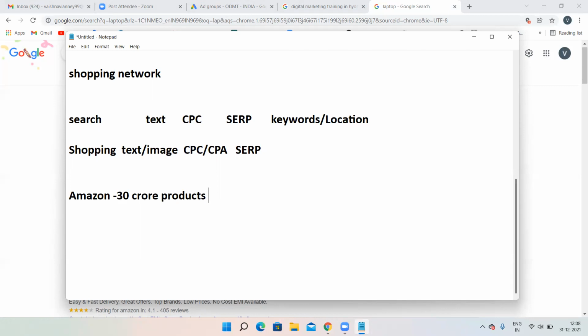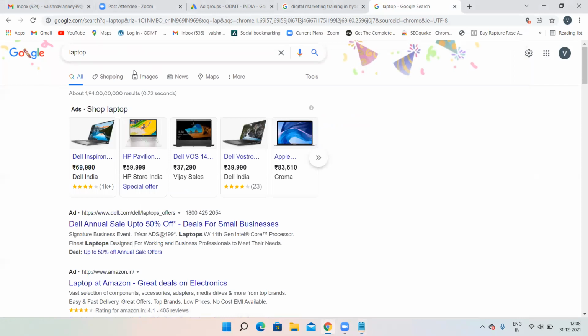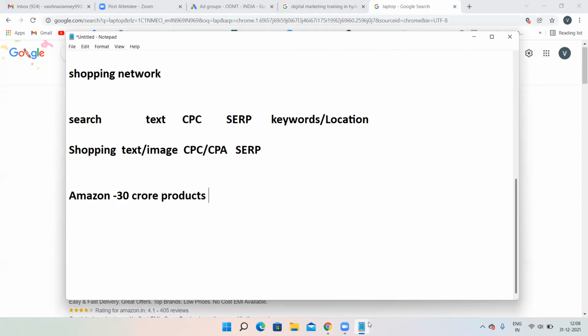Then how exactly does your ad appear? Instead of you, Google will target keywords on your behalf in shopping networks. It is impossible to target 30 crores into, let's assume, 10 keywords for each product. Can you target that many keywords? It is impossible for a human. So instead of you, Google is going to target the keywords.